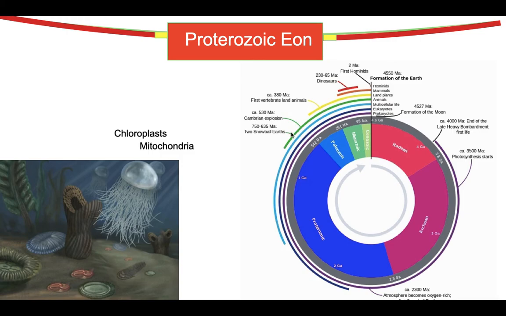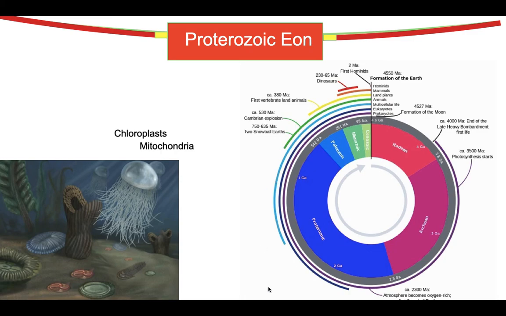So we have the two snowball Earths, and then the Cambrian explosion. The Cambrian is the Cambrian period. It sits in the Paleozoic era. So we have the Cambrian explosion, in which life just exploded. Then we have the first land vertebrates, and then the mammals, and then the dinosaurs. Then we have humans. Humans, you can see, is just this small dot